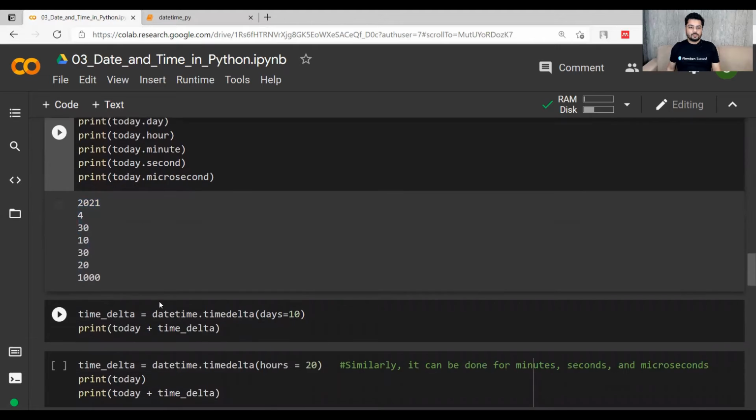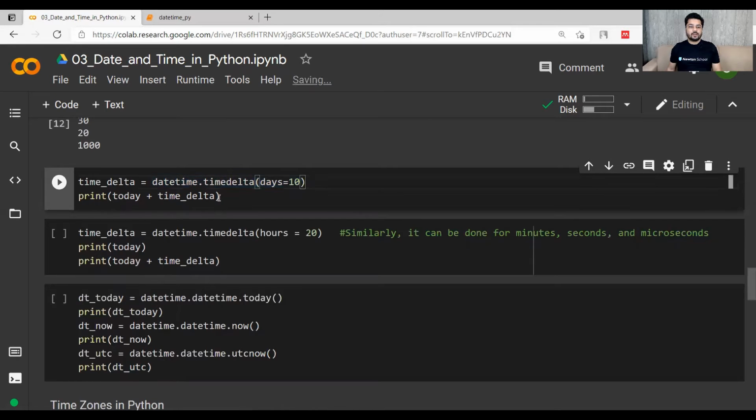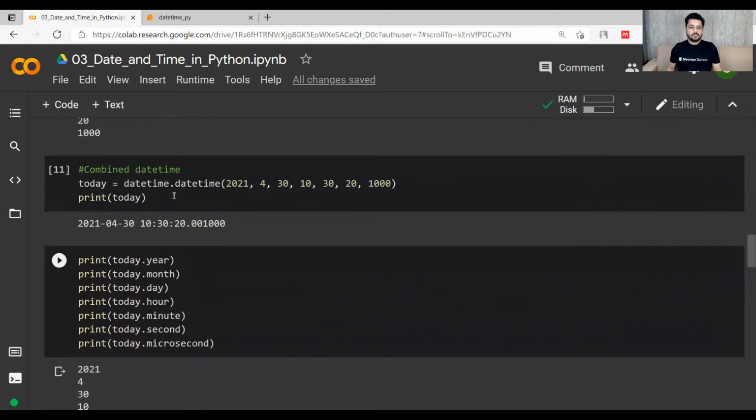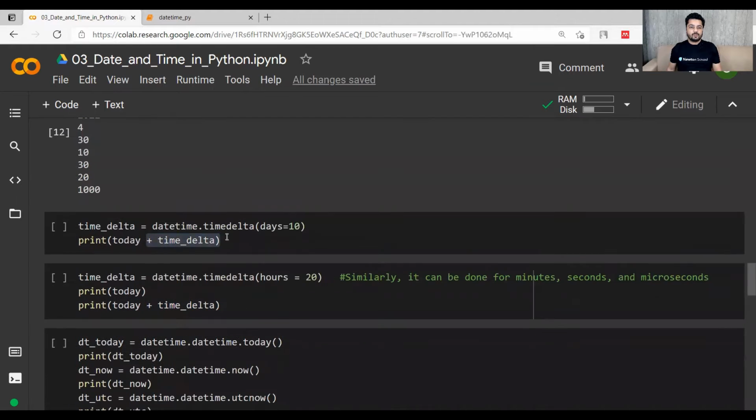Now moving on to this. Now again I want to check how this timedelta affects my today datetime. So using this datetime.timedelta with days equal to 10, I am adding 10 days to the today value, which was these 7 values, right? If I add 10 days to this, what will happen?